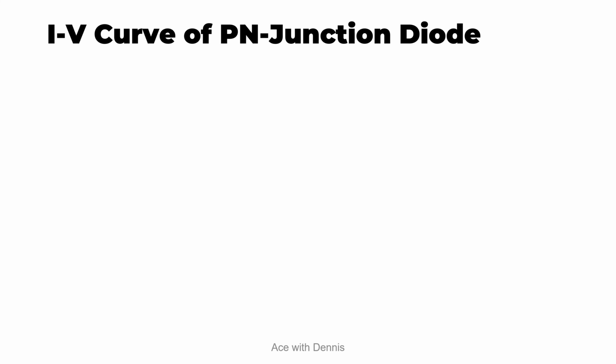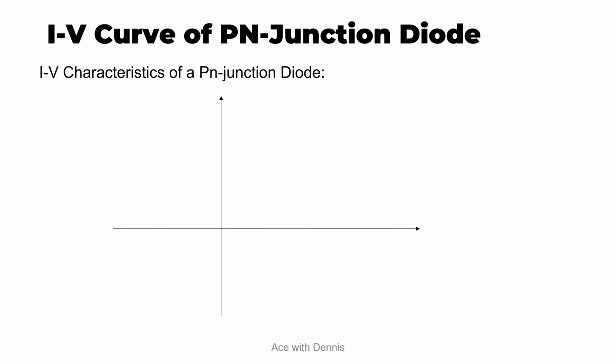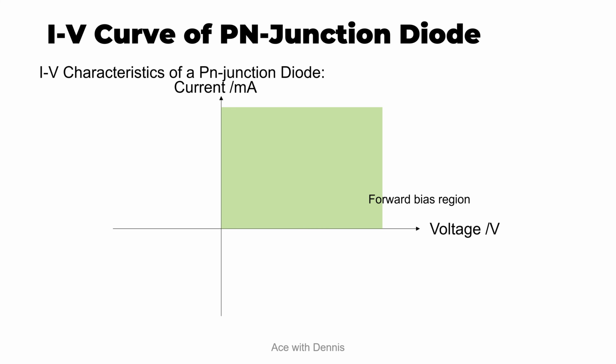IV curve of PN junction diode. The IV characteristics of a PN junction diode can be described in this graph. So for the x-axis, it is the voltage V, and the y-axis is the current in milliampere. So this is the forward bias region, where when the voltage increases gradually, the current also will increase gradually